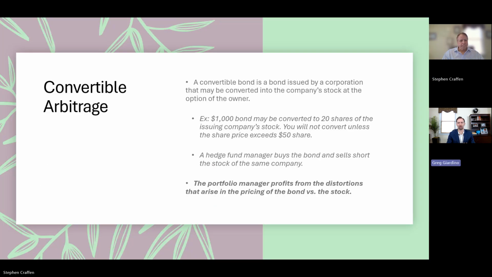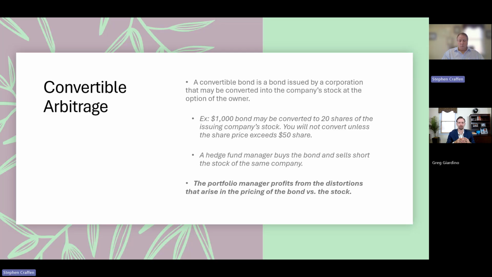Now, convertible arbitrage, I know Steve alluded to this in the beginning, especially with convertible bonds, where you get the best of both worlds. You can almost have a stock-like appreciation with a bond. Once again, it's not going to perform exactly like the US stock market, but it can give you maybe a 60%, or I'm sorry, 40% reduction in risk, as we saw in some of the numbers earlier.